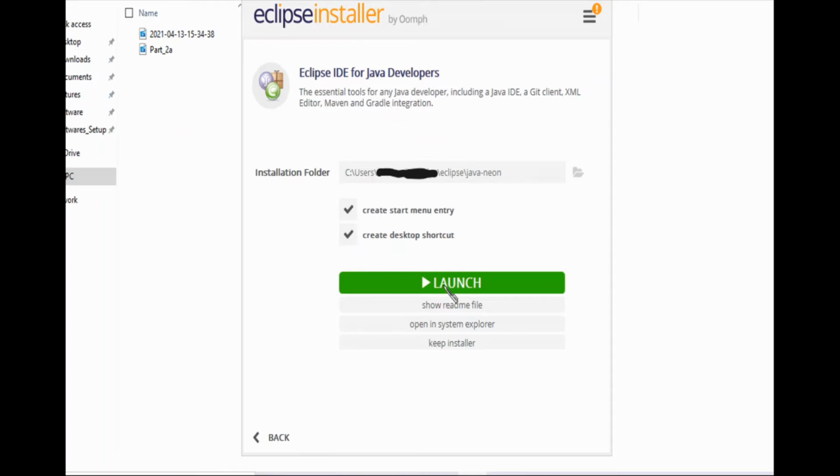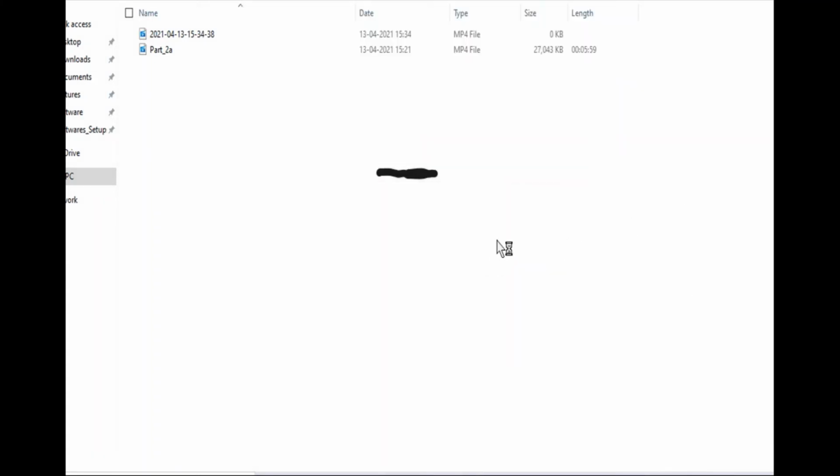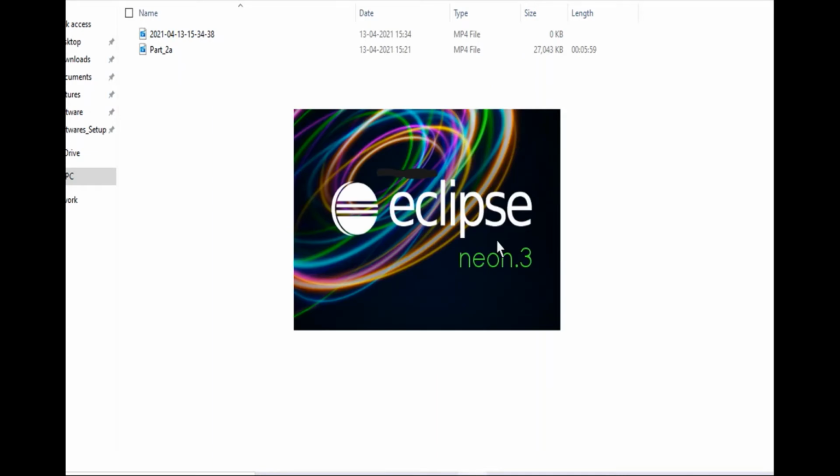So let's do the launching part. Just click on launch. It is launching. We can see it is loading the Neon.3 Eclipse version.